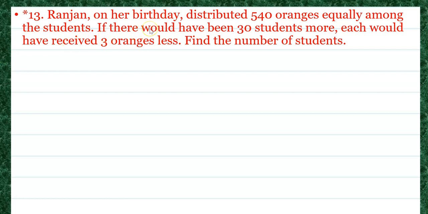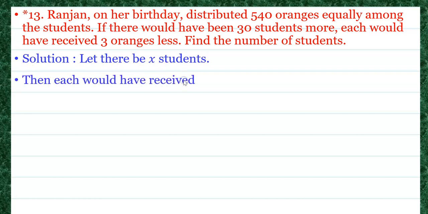If there would have been 30 students more, each would have received 3 less oranges. Find the number of the students. Okay, एक चांगली गोष्ट आहे की ऑरेंज देत आहेत चॉकलेटच्या ऐवजी. गुड अँड हेल्थी. Okay, therefore the solution, let there be x students, then each would have received